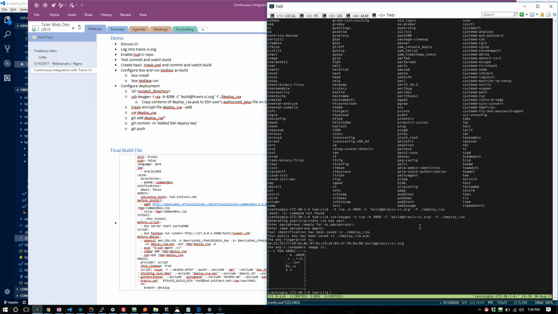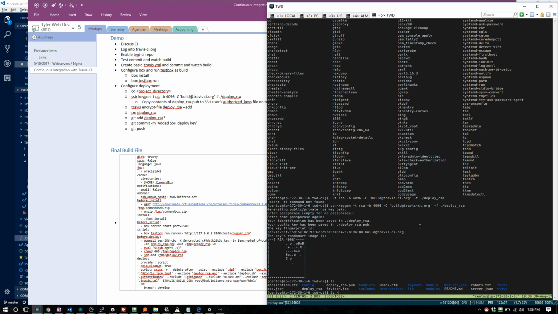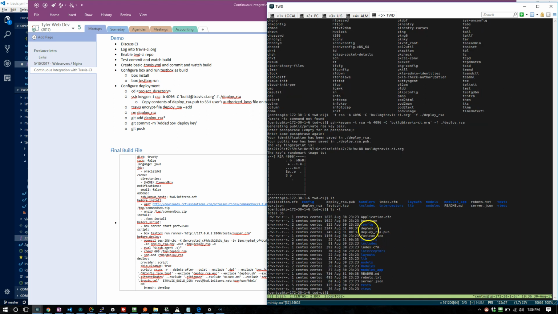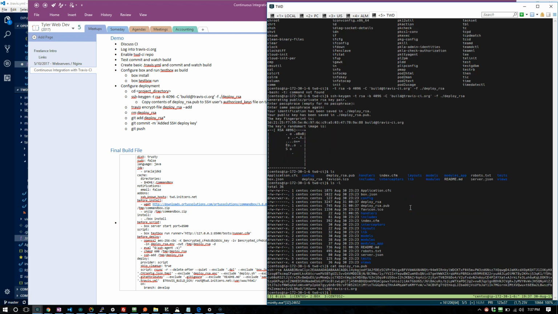So basically what I have now, if I list my files, is that it created two files. It created deploy_rsa, which is the private key, and deploy_rsa.pub, which is the public key. So what I need to do here is copy this public key